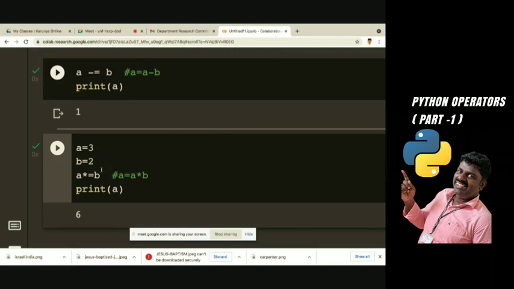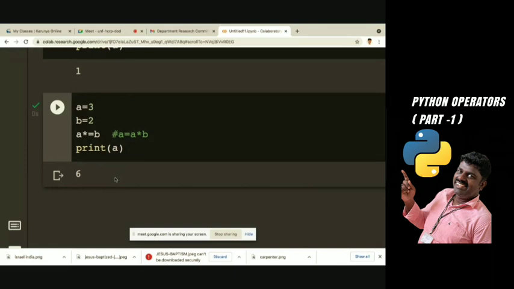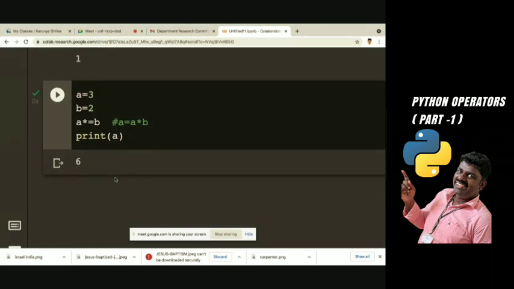So that's why, since we have already given a minus, it is taking that value and confusing us. So practice always assigning the value first and then checking whether this particular thing is working or not. Got my point? When you do like that, you can solve the issue.